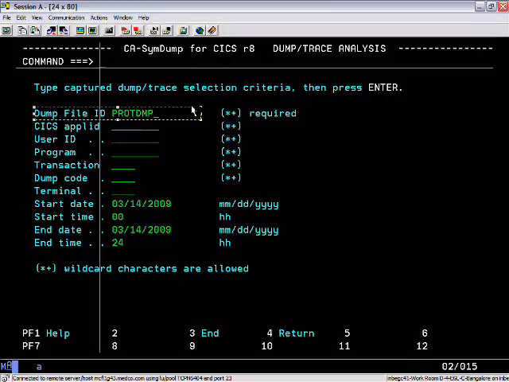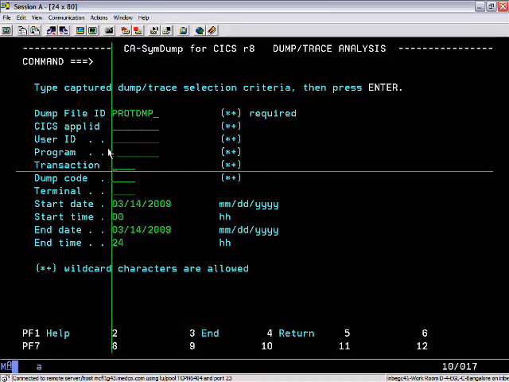CICS application ID is nothing but the application ID name of the CICS region, or the CICS region name, and user ID is a RACF ID, and program is the program name. As I told you, transaction is a transaction ID. Now we'll see an example